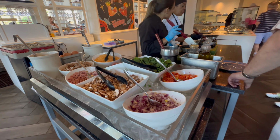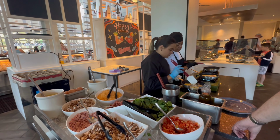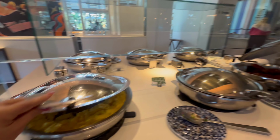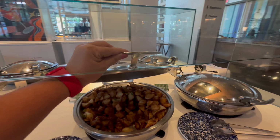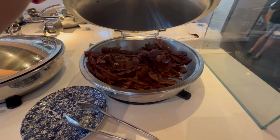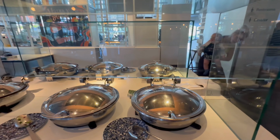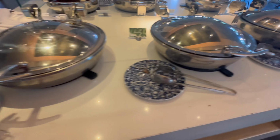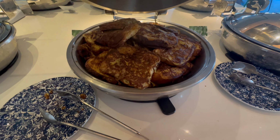So the good thing about this resort is it's a really good family-friendly property. So there are so many options. You get your usual breakfast favorites. You have eggs, sausages, potatoes, hash browns, bacon, of course. You have the sweets such as French toast,